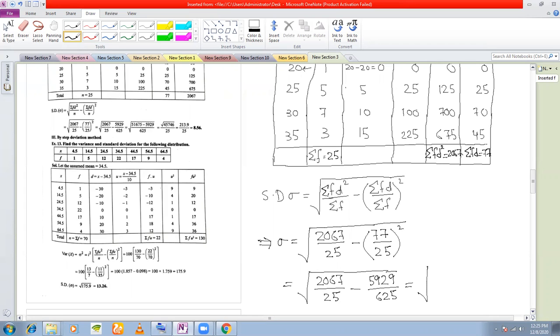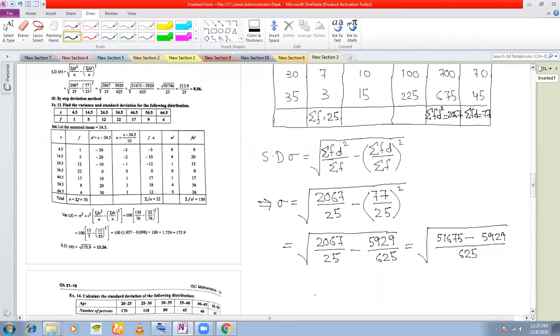Now again you take the LCM. 625 is the LCM. 625 divided by 25 is 25. 25 into 2067 is 51675 minus 5929. So this comes to square root of 45746